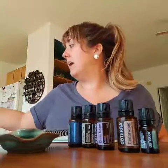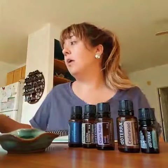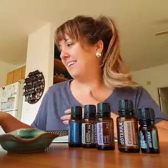And clary sage is one that many of us think of for supporting our hormonal health right away. So it's one of the top oils for women, and it's great for our skin as well. So this is also very soothing, kind of like we'd use lavender. Clary sage is fantastic for our skin. If you wanna perk up the ladies, clary sage can help perk up the ladies. Again, it's wonderful for women's hormones, so it's one of the top ones I recommend